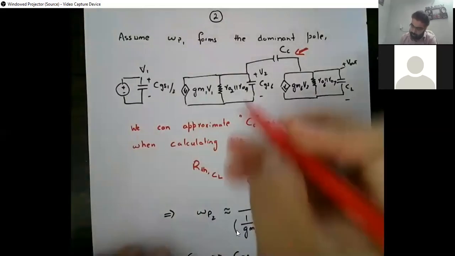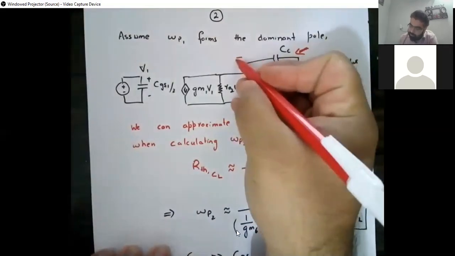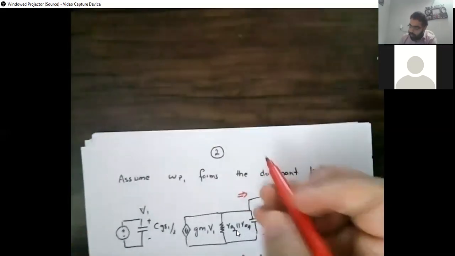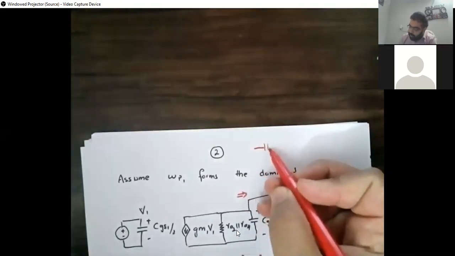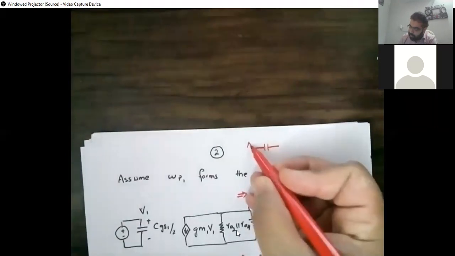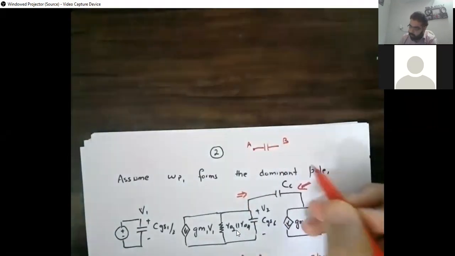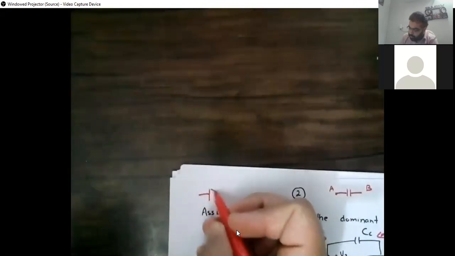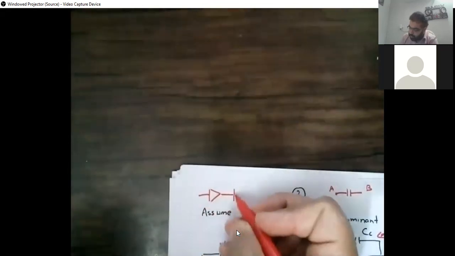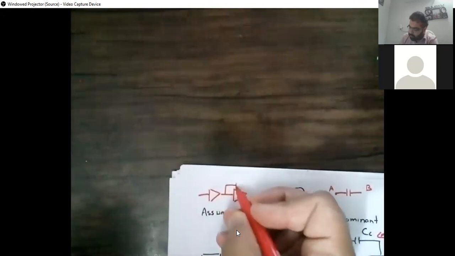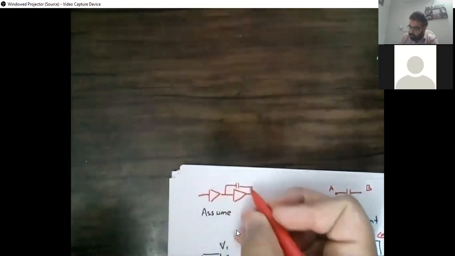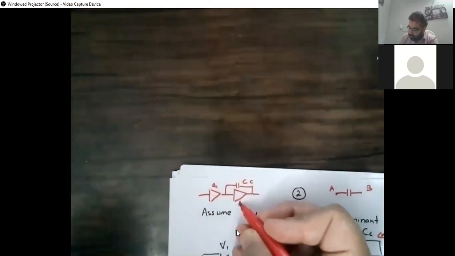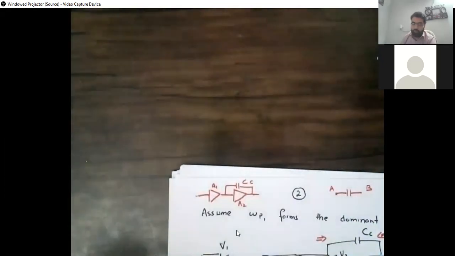Where is CM located? If you remember the Miller thing, let me draw a little bit up here. If you have something in between junction A and junction B, or a more simplified version, I can draw it like this. This is the CC, right? Its gain is A1, its gain is A2. This is our overall differential amplifier.